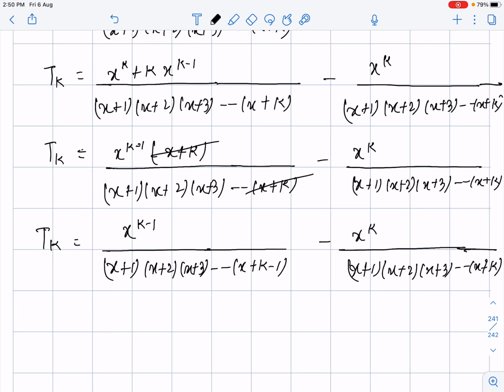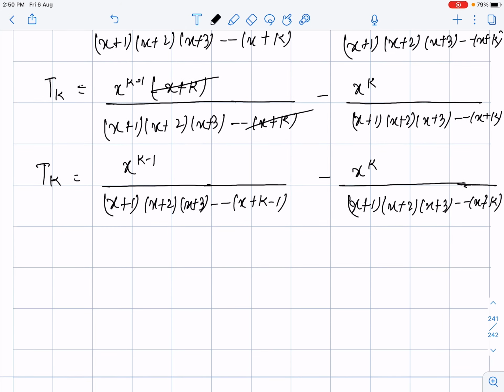Now proceeding further, we'll keep the value of summation tk, from k equal to 1 to k equal to n. We'll get the sum of n terms of this series. When we write summation tk from k equal to 1 to k equal to n, we'll get the value of Sn over here.